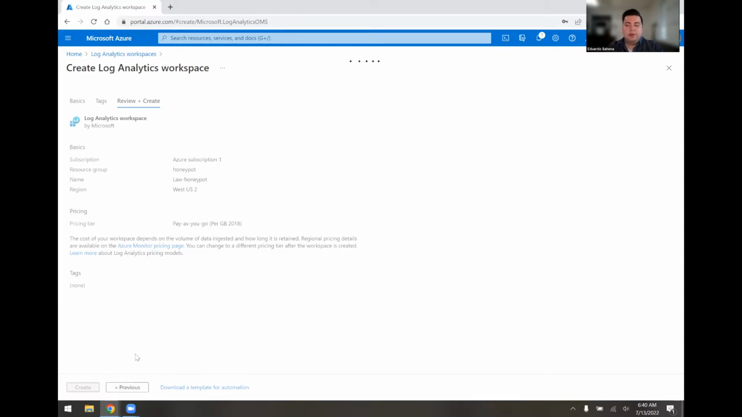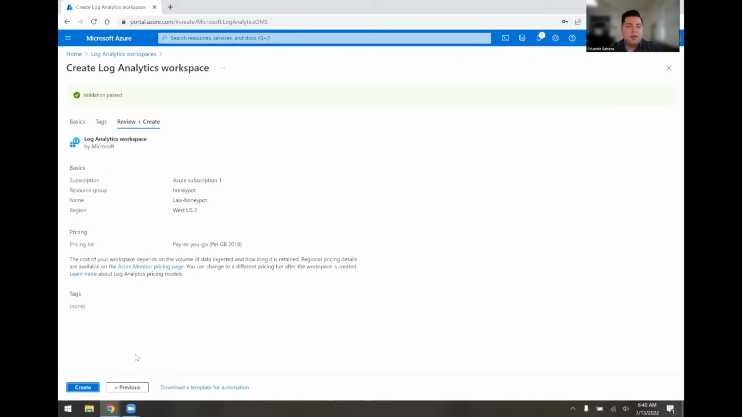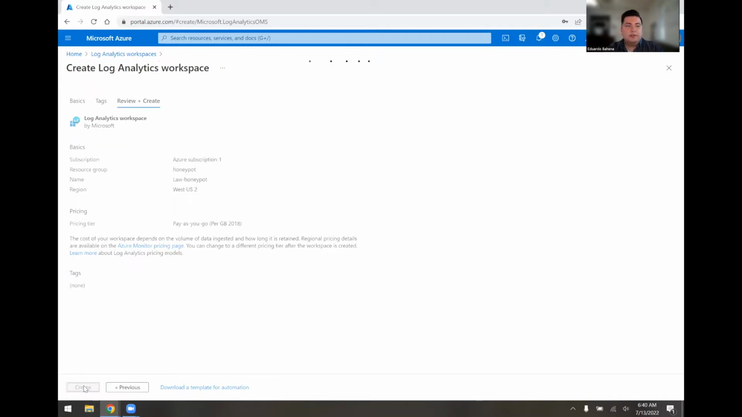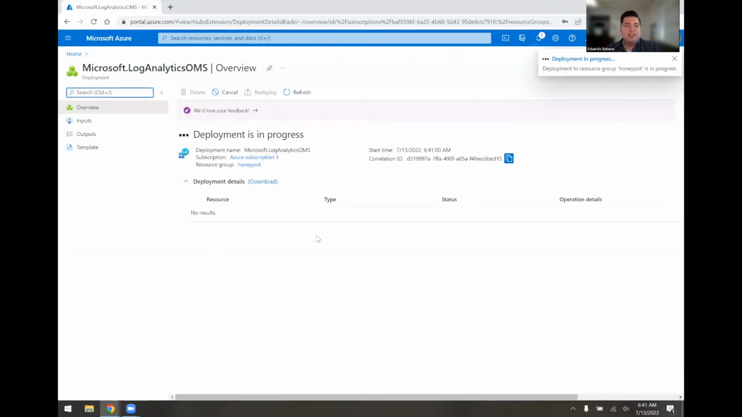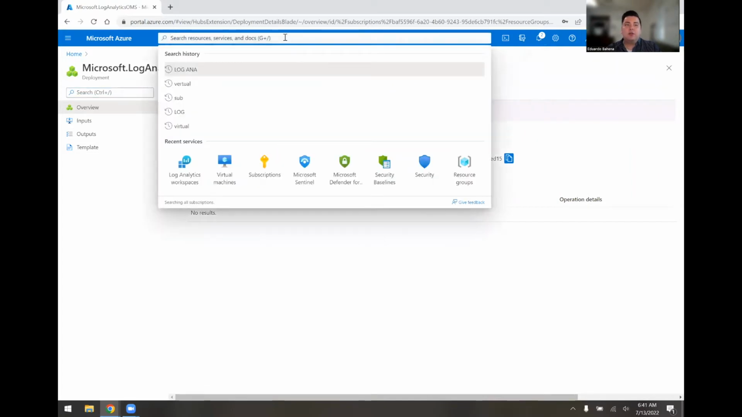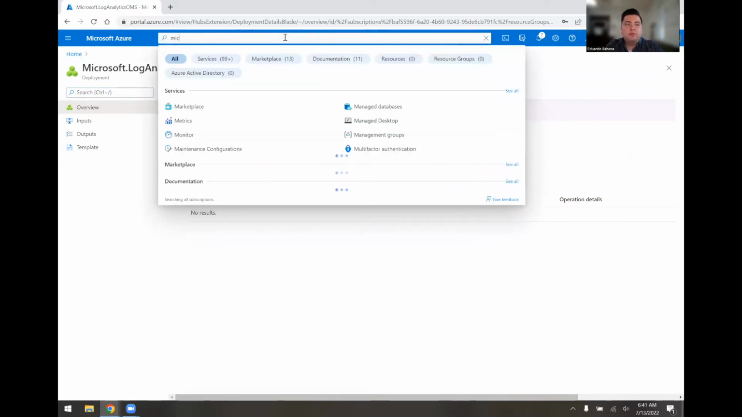Okay, well, that's loading. We'll wait here. Okay, so we're going to go ahead and hit create. She is chugging along, trying her best. Okay, so deployment's in progress. Well, that's working. We're actually going to go to